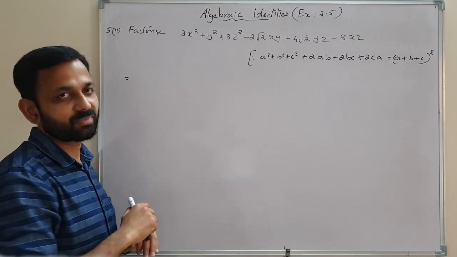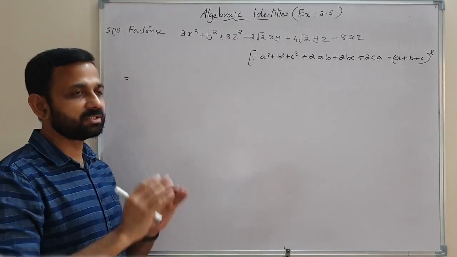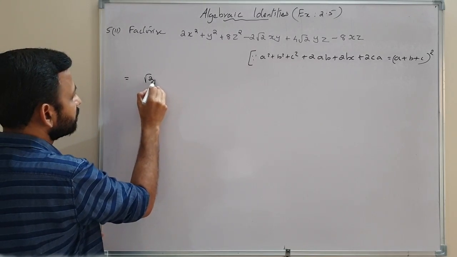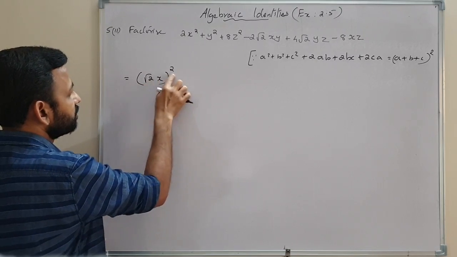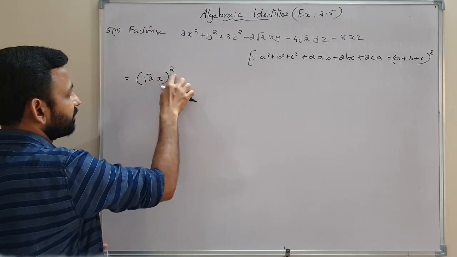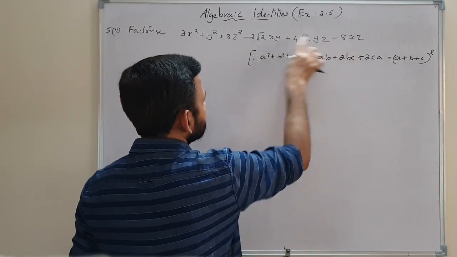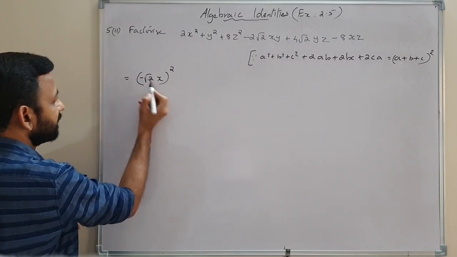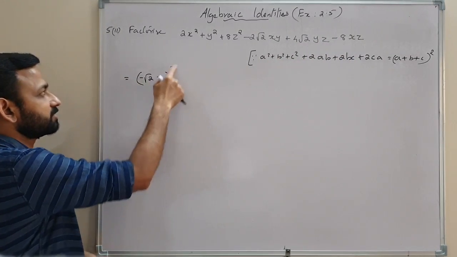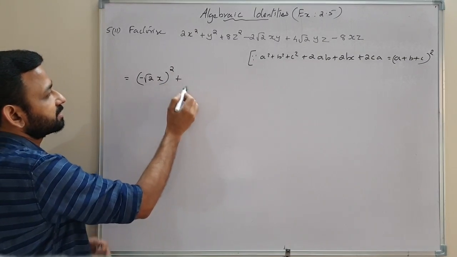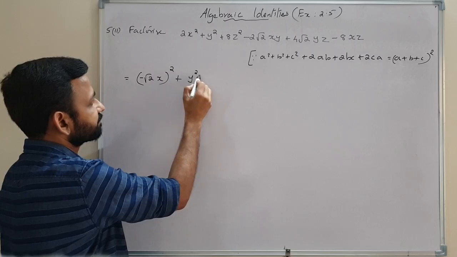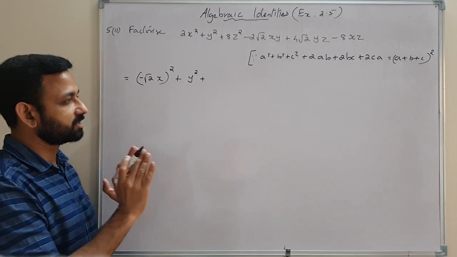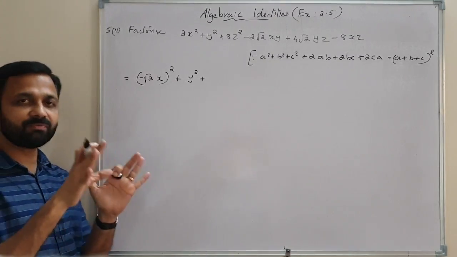So 2x square we need to write as a square of one term. 2x square we can write as (root 2 x) whole square, because root 2 square is 2, giving 2x square. And here, with two negative terms and x common, we keep the negative sign: (minus root 2 x) whole square, which is also 2x square. Plus y square, same y square, plus 8z square. 8z square we need to write as a square of something, so 8 we need to write as a square of a number.